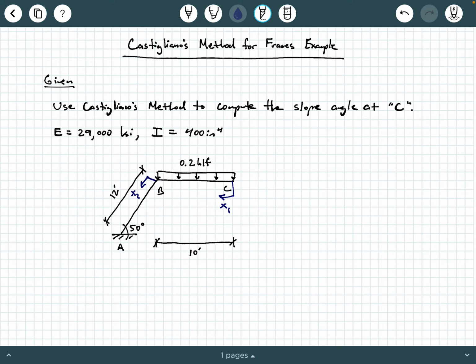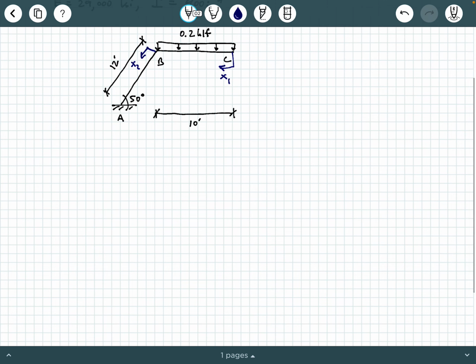All right, so let's go ahead and get started. Solution: place that variable couple moment M prime at point C. If I said unit couple moment earlier, I apologize. It should be variable couple moment M prime. A unit couple moment is what you would use if we were doing virtual work. So place M prime at point C, and to do that, I'm just going to redraw this